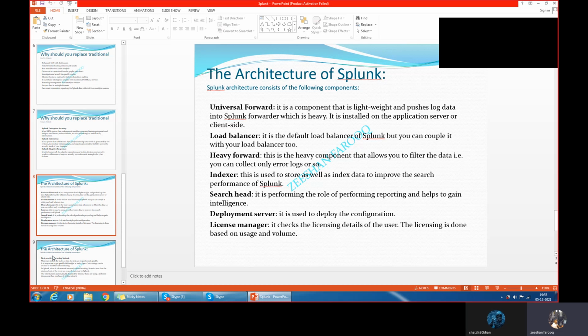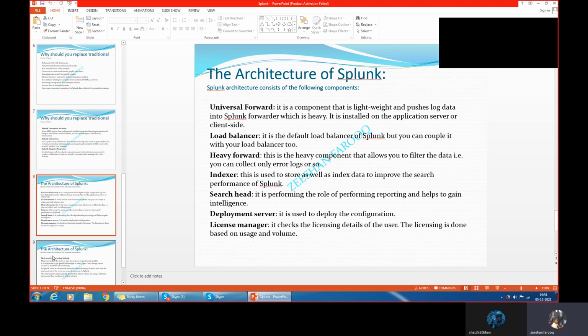We'll see how the universal forwarder is applied and how it pushes the log data into Splunk. We'll see in detail what a heavy forwarder does, how it filters the data, and how, whenever there is any kind of error log, it collects only the error logs.